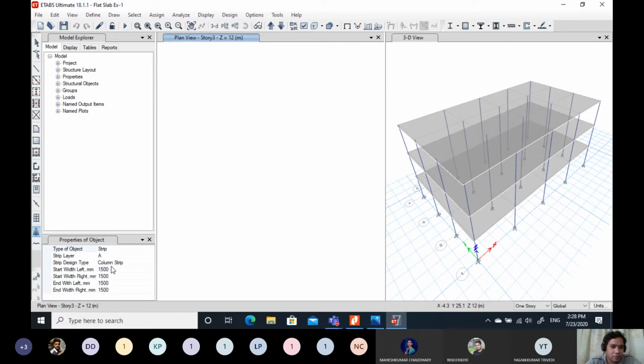The width of the design strip in our example was 2250 mm.